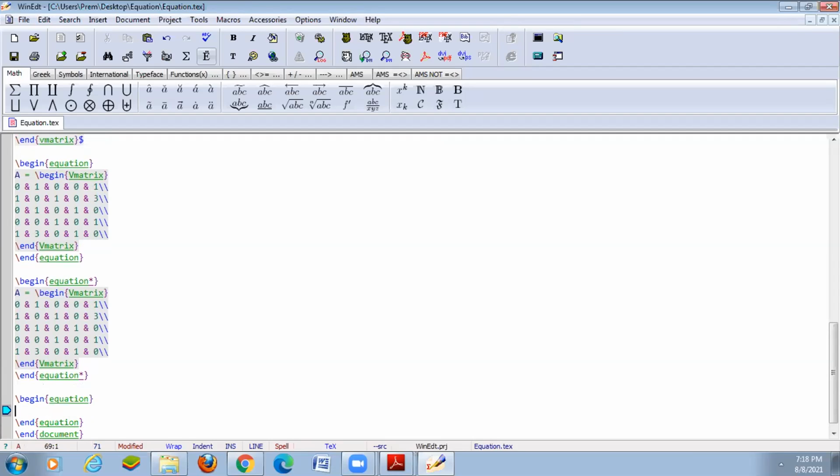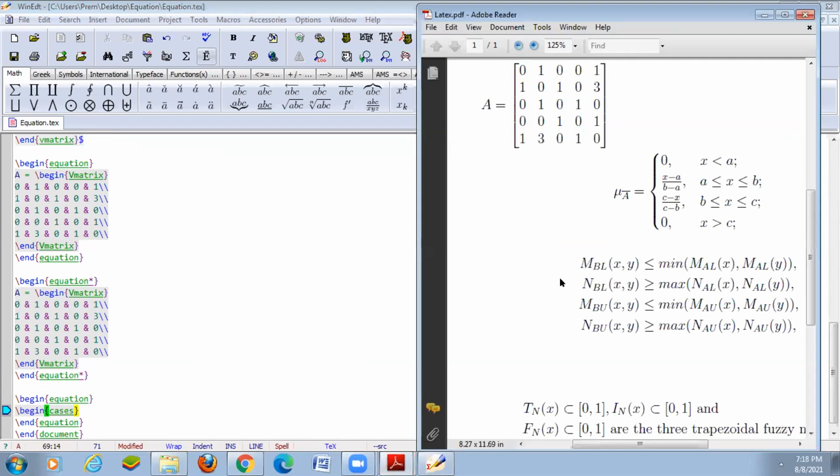We can use cases. Suppose we want the whole set of braces in that equation, we can use begin cases, which will display the output.